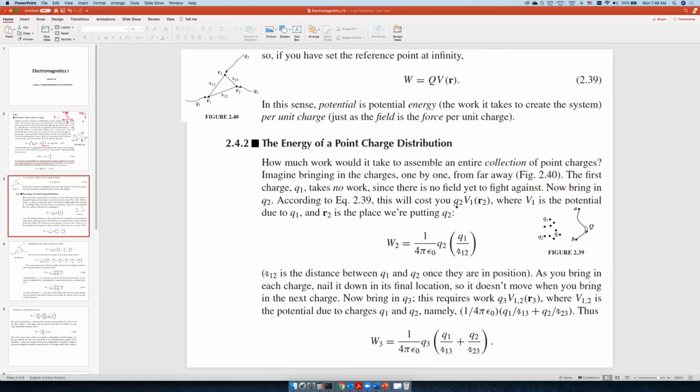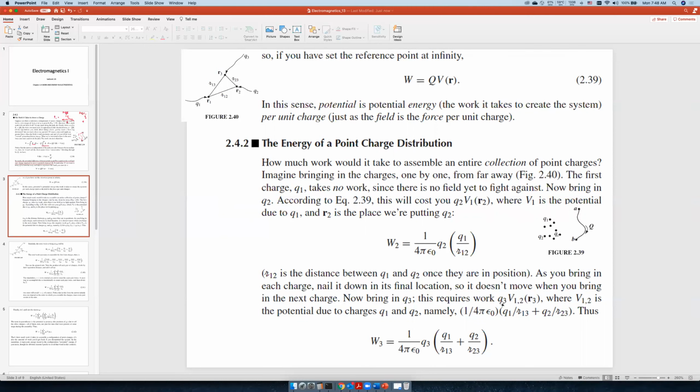If you move Q2 from infinity to the position R2, then W2 equals 1 over 4 pi epsilon 0 times Q2 Q1 over R12. R12 means the distance between Q1 and Q2. This is the work you need to do to bring the 2nd charge from infinity to the distance of R12 from Q1. Now, if you want to add the 3rd charge, then